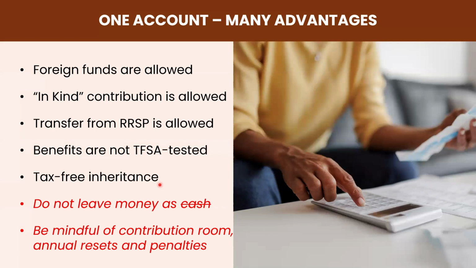But because you are not aware that you have already put in an excess amount, that amount will continue to accrue. So remember, you put in your money, it is invested, meaning it is growing. So you are having excess over what you should have. They would penalize you for the excess until you withdraw it at the rate of 1% per month. So that's minimum 12% per annum. Most investments don't even yield you 12% per annum. Imagine that you're now paying 12% against it. So that's why you need to be mindful of the contribution. And like I said, if you have a CRA account, go into your CRA account. The exact amount you have available for the year is usually in there.